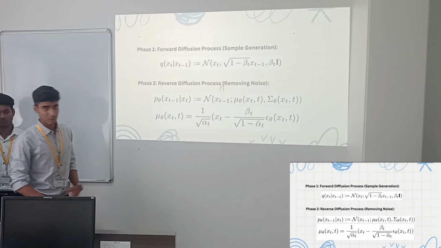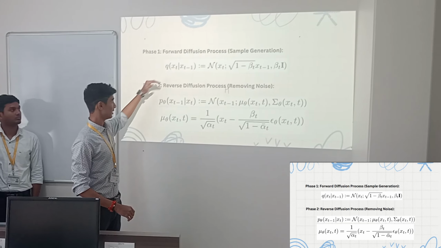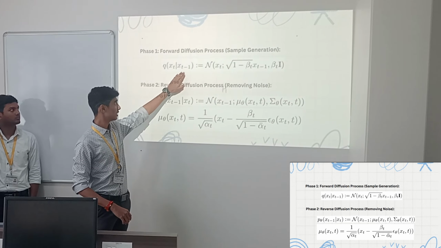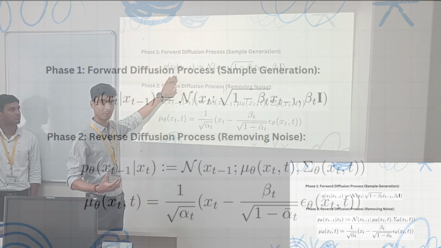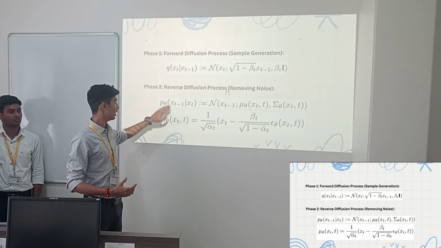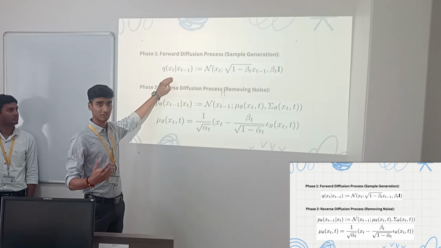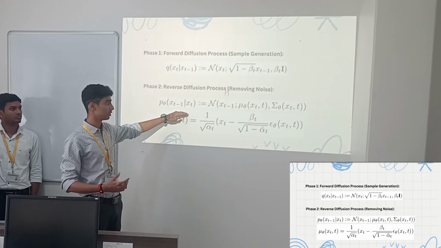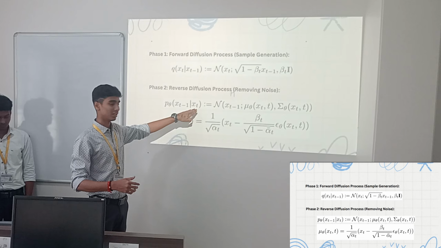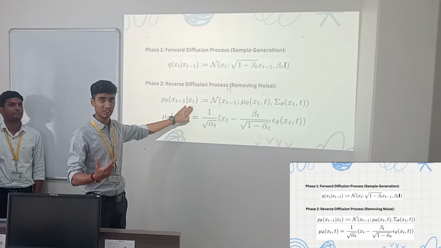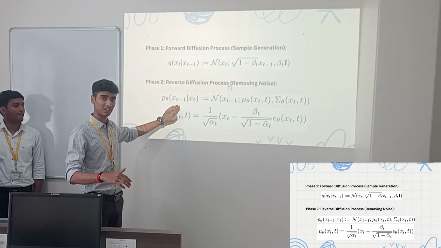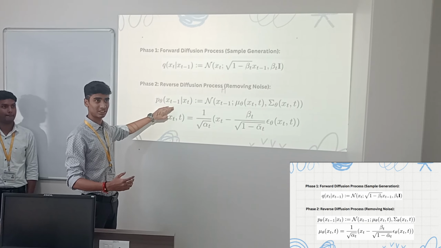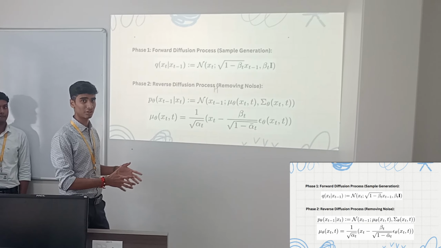Now, talking about the forward diffusion process and reverse diffusion. In forward diffusion, given an xt minus 1 sample, we assume the posterior probability of the xt sample, and we are basically adding noise in this process. In reverse diffusion we are removing the noise iteratively. That is, we give the xt image, a partially noisy image, and the noise we predict is then subtracted from the image to get the xt minus 1 output, which is less noisy than xt.